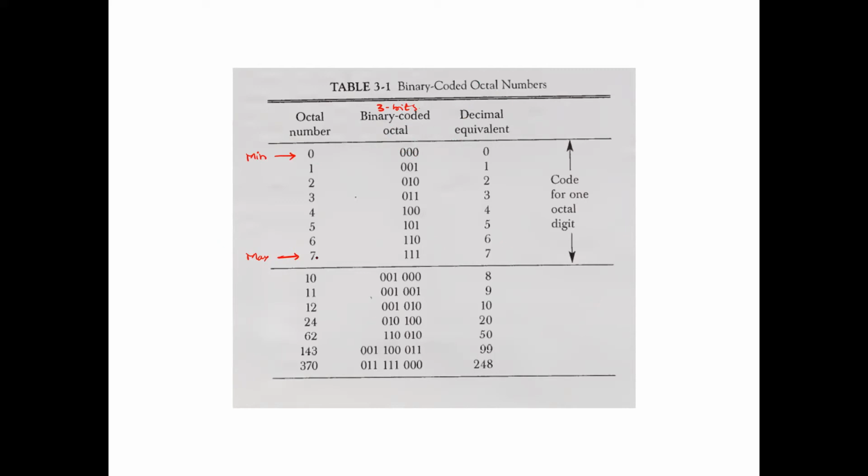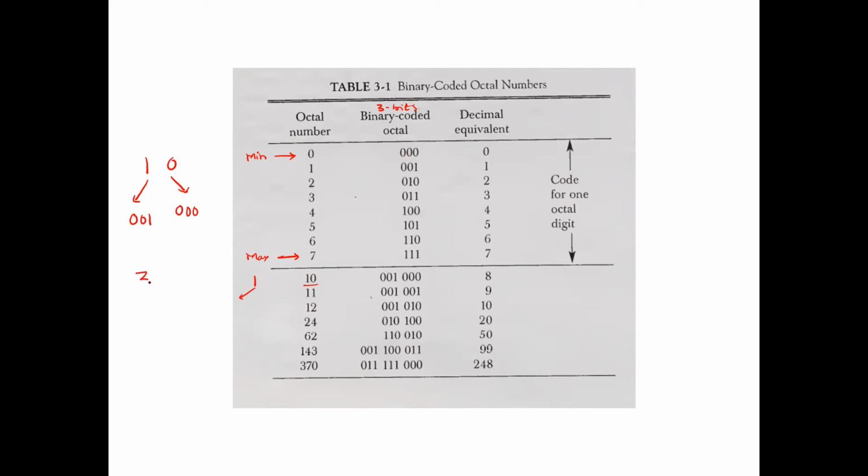Now, if you have an octal number, say for example 10, how are you going to code this 10? You need to separate it out. You need to unpack the octal number. So this is 1, 0. 0 you need to write separately, and 1 you need to write separately. Unpack it. So what is 0? Equivalent to 0, 0, 0. And what is 1? 0, 0, 1, right? It can be any number.